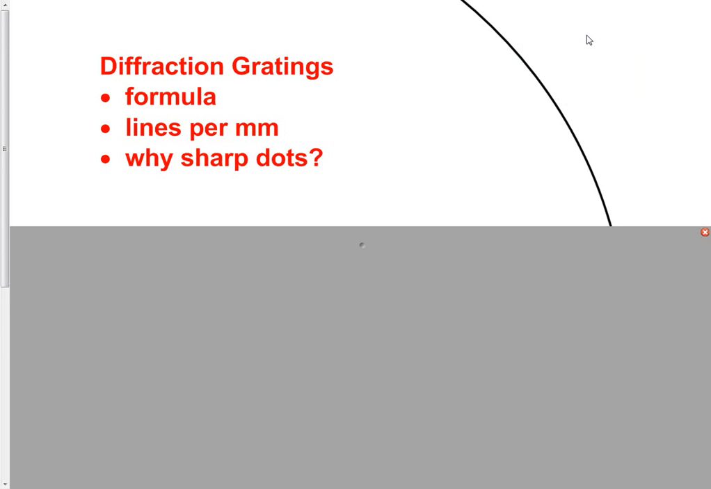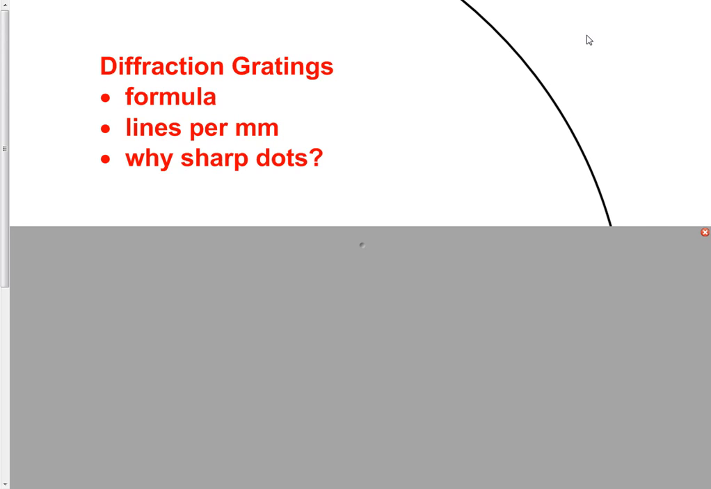Right, this video is going to take you through diffraction gratings. I suspect it might be a little bit long, so it's in three sections. Firstly, deriving the diffraction grating formula. Secondly, talking about lines per millimetre, what on earth that is. And thirdly, an explanation of why you get very sharp, bright dots from the diffraction pattern with nothing very much